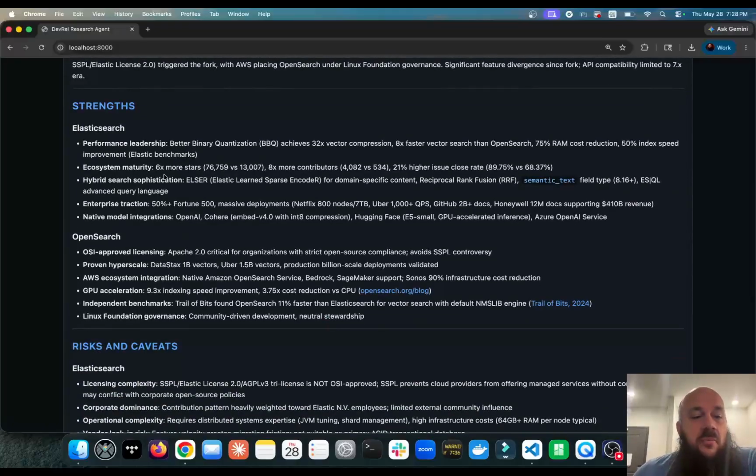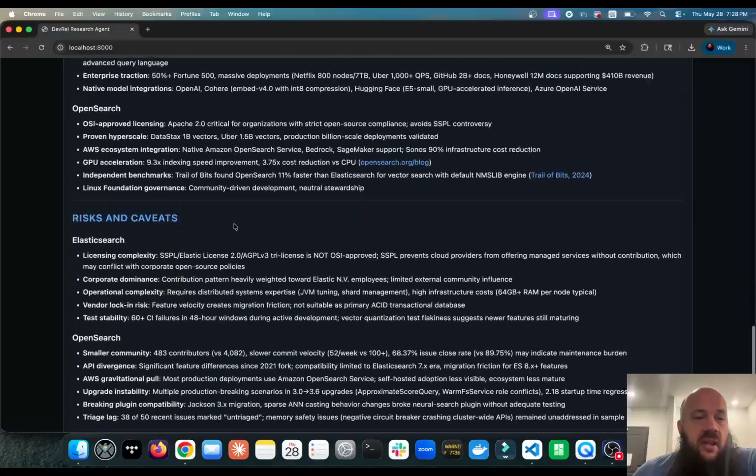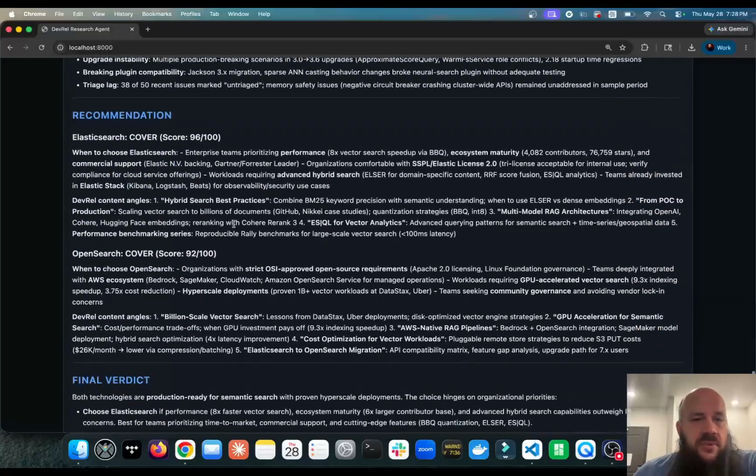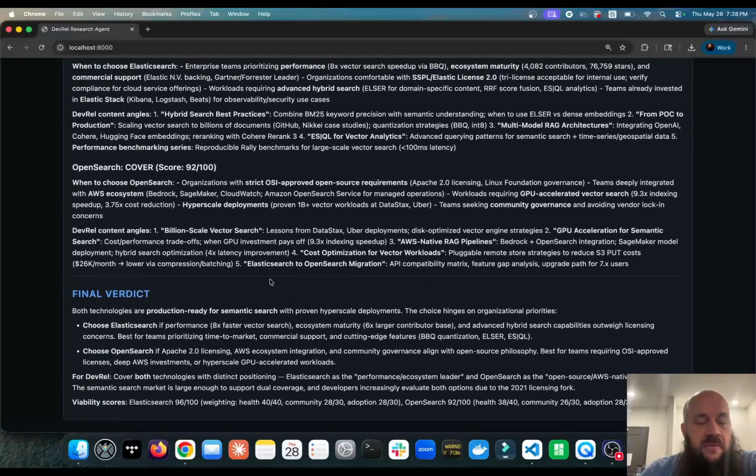Strengths, risks and caveats, and then recommendation. So looks like we're pretty neck and neck, and I agree with this as far as viability for the community. Cover both. Check out both and evaluate both. And check out exactly what you want versus what both create. Then final verdict. It's really neck and neck, which I think is actually great because it gives a very realistic,